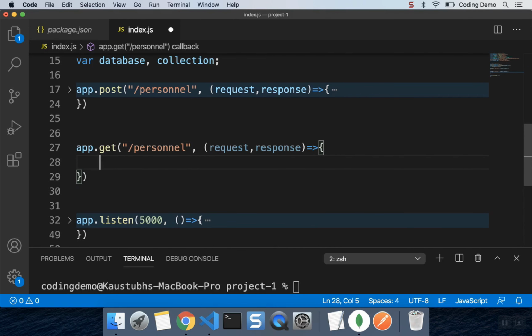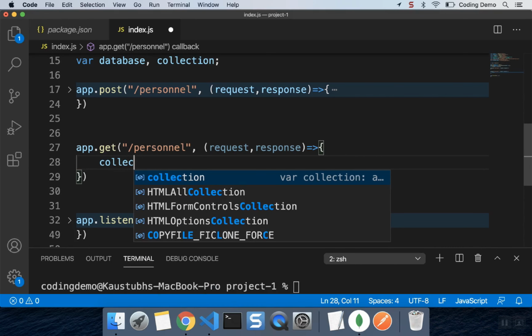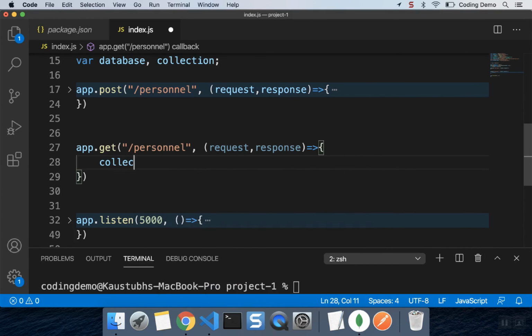All right. Now in here, the first thing we need to do is find. If you notice, this is a generic get. So I'm getting all of the records back. We are not getting any specific records, so we are not looking for Jane or John. So I'm getting all of them back. So I'll just be saying collection.find, and in here I will be passing in a blank object. We're passing in a blank object, and I'm going to be adding it to an array. So I'll just say toArray,